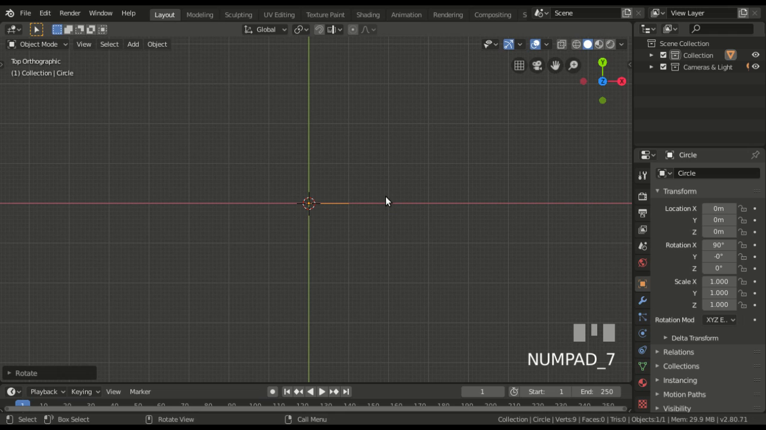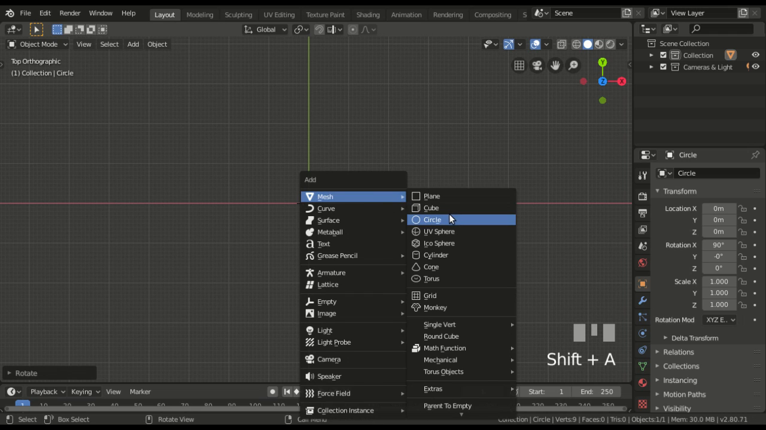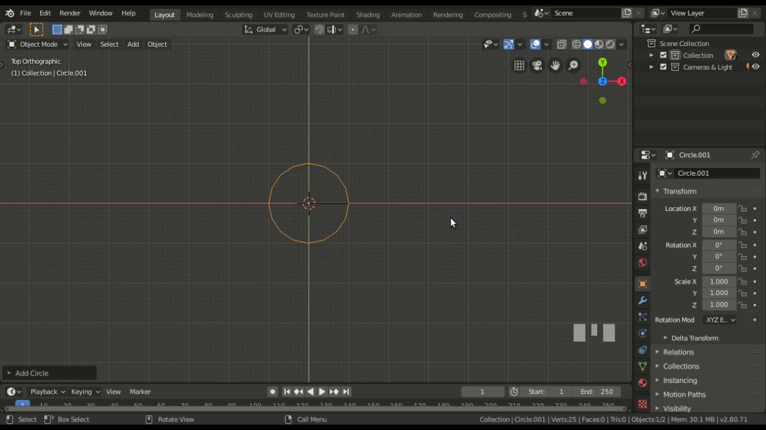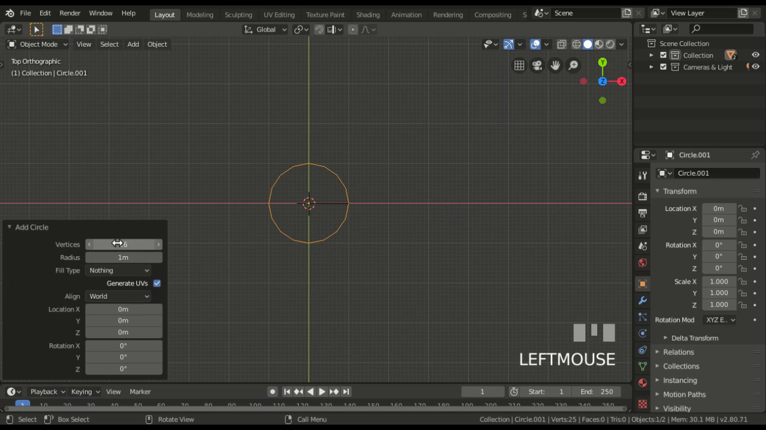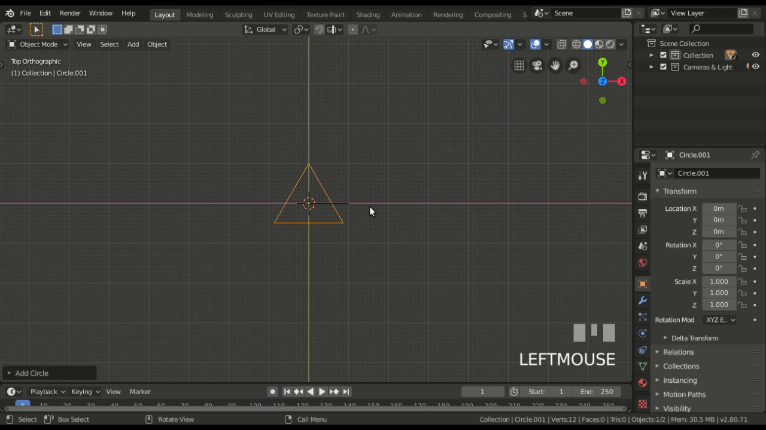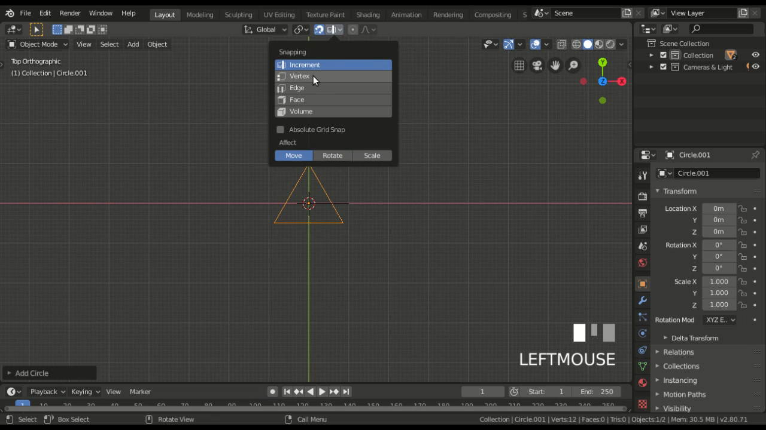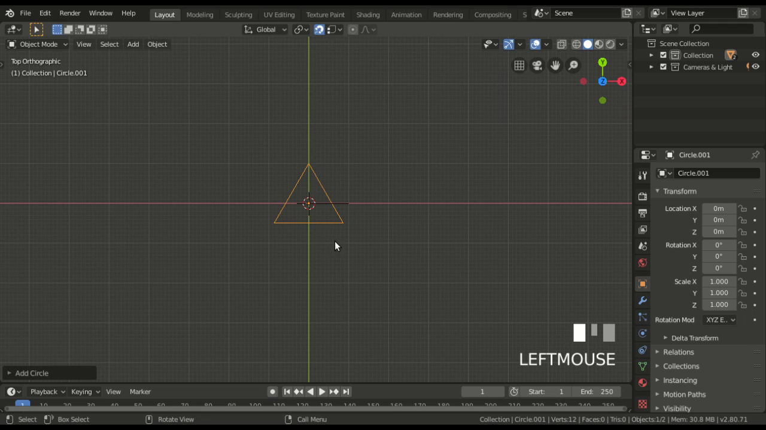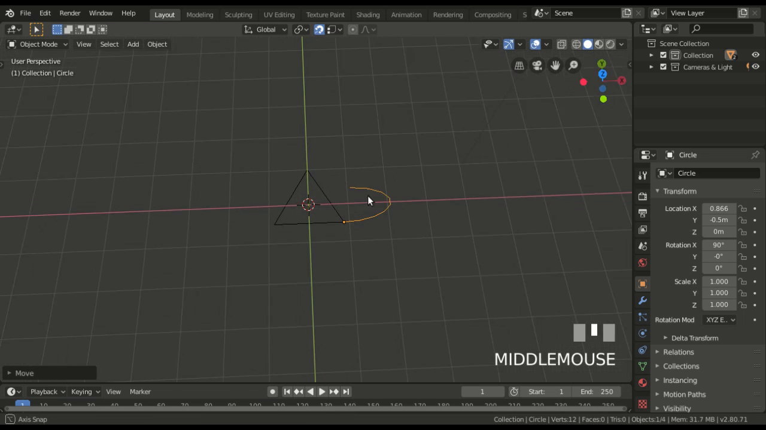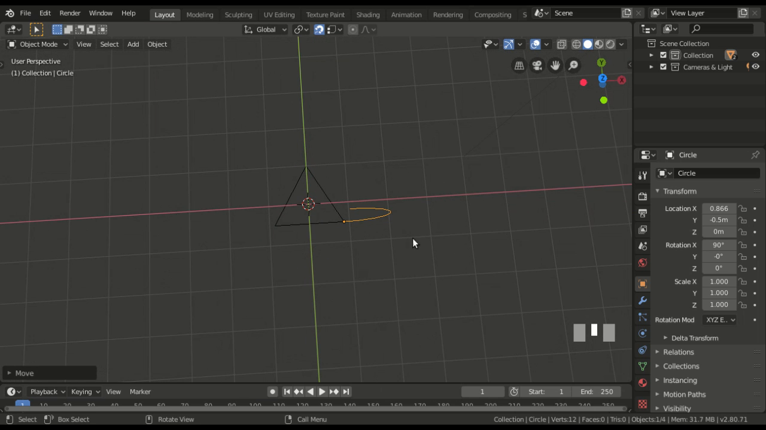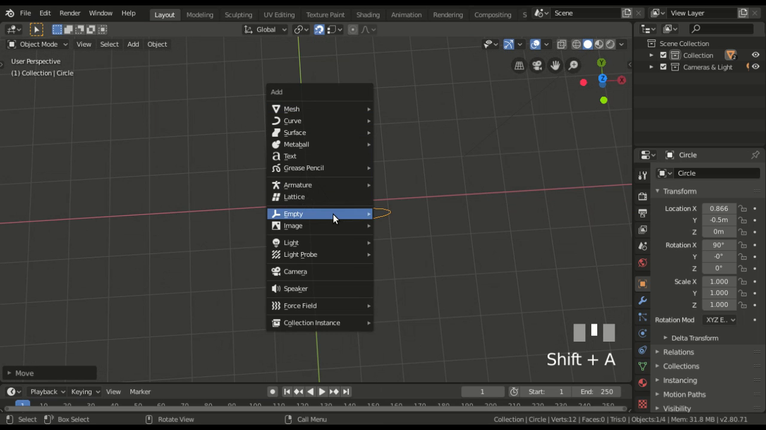Now again in the top view, we're going to add a triangle, so let's add a circle and set the amount of vertices to 3. This is going to be our guide for symmetry. So now let's enable the snap tool, select vertex and center. And now if we move this object, now it's aligned there, and we're going to add an empty,